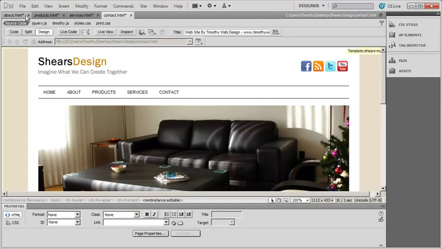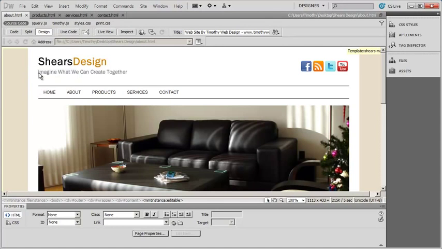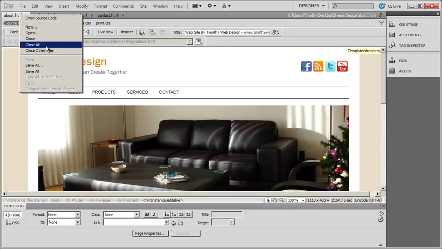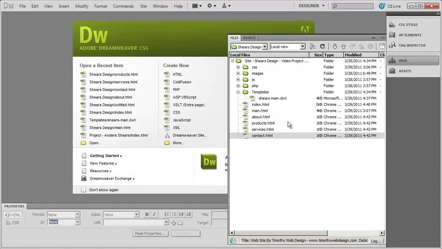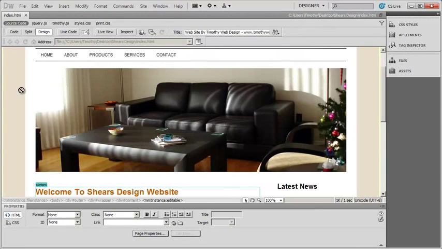So you can see I've got my next 4 pages here. And actually you can see each one of these 4 pages has an asterisk after the name, meaning that it has unsaved changes on it. So I can just go ahead and right click up here and do Save All, and that's going to save all of my pages. Now let's go ahead and I'm going to right click here and I'm going to say Close All, and I'm going to open my index page back up,